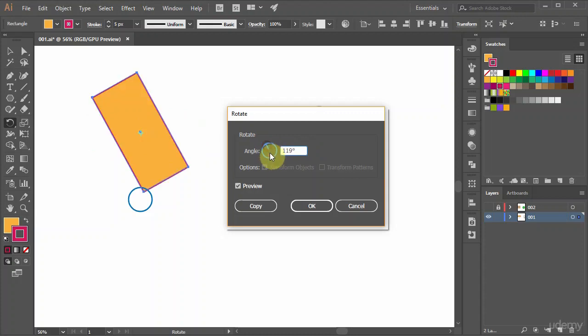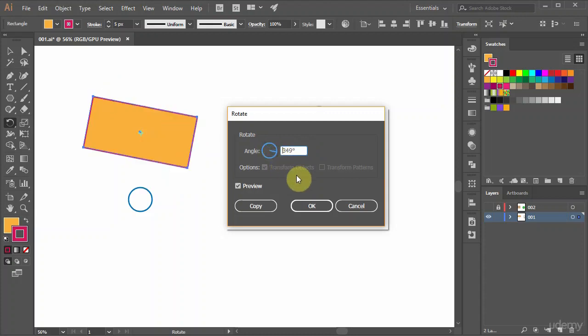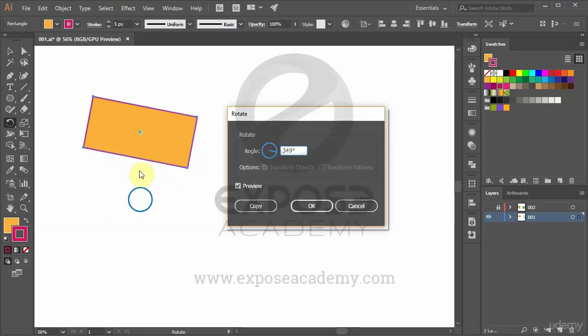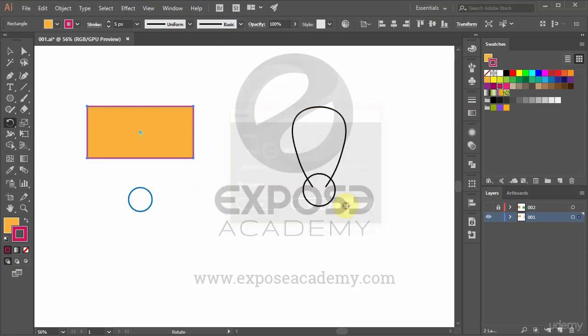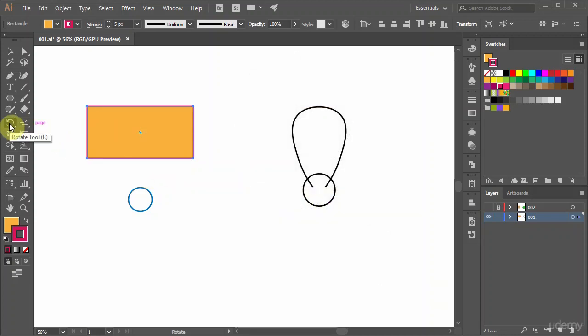You might be wondering, is that all this Rotate tool can do? The answer is no. There are several other things we can do with the Rotate tool. The main benefit of this tool is that we can specify where the pivot point of the rotation is, so it doesn't have to be in the center of the object. For example, we want this object to rotate using this coordinate in here. To do that, after selecting the object which we want to rotate, click the Rotate tool, then click on that position. Notice this small light blue pointer in there.